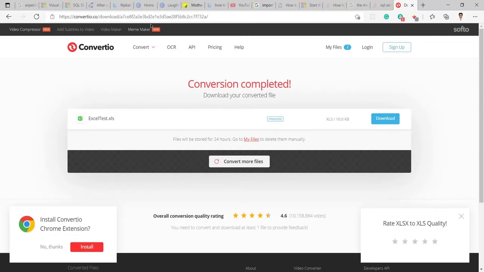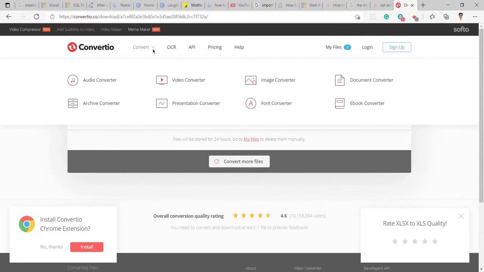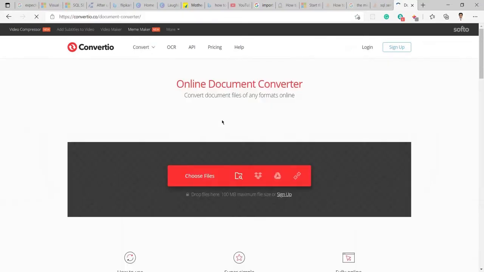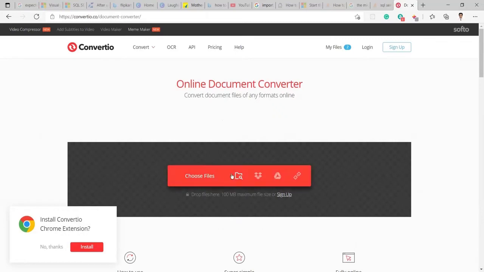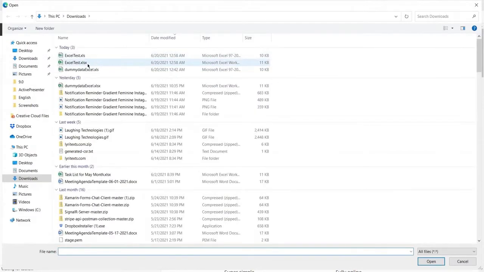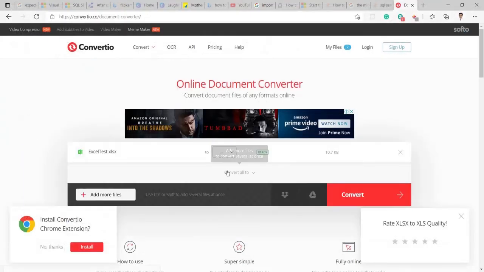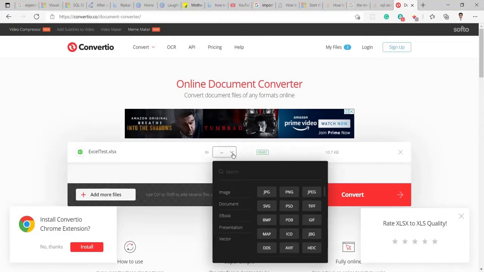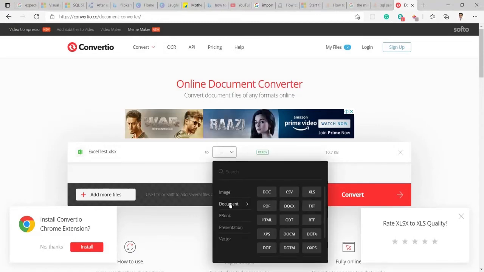Here you just need to go to document converter, and from here choose the file. Then you need to choose the file format in which you want to convert. So here you need to choose document, and from here XLS.